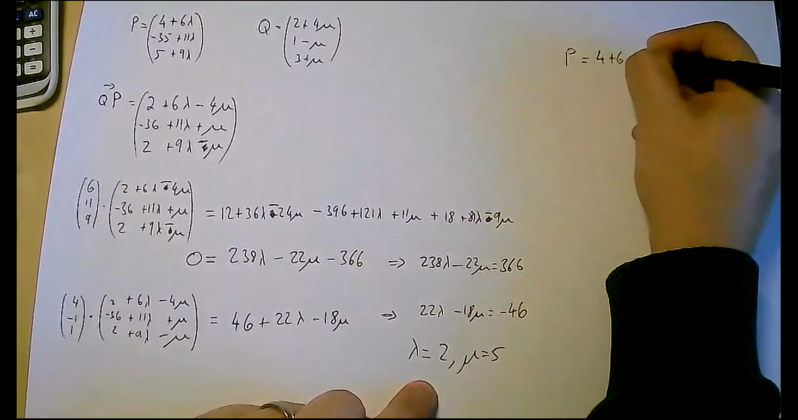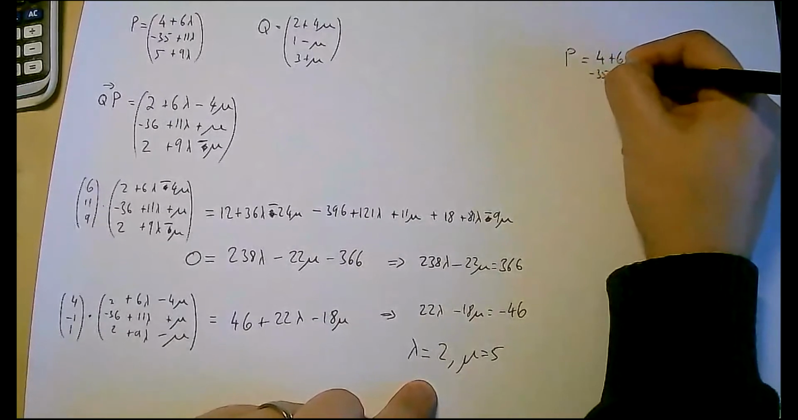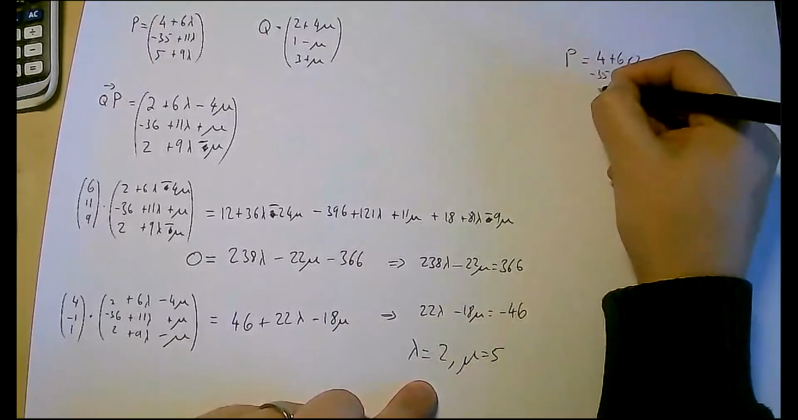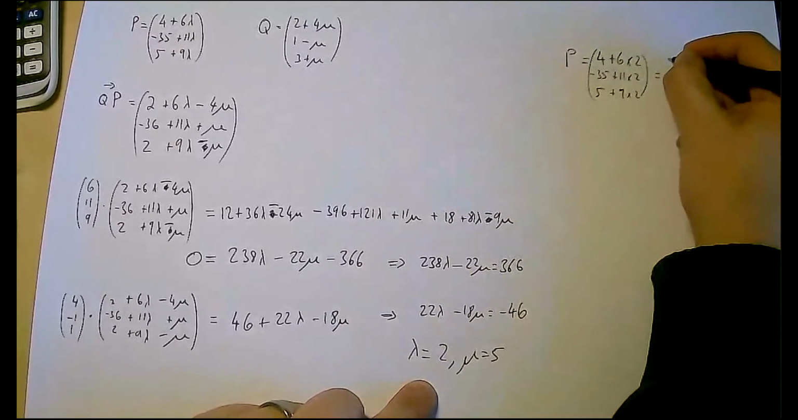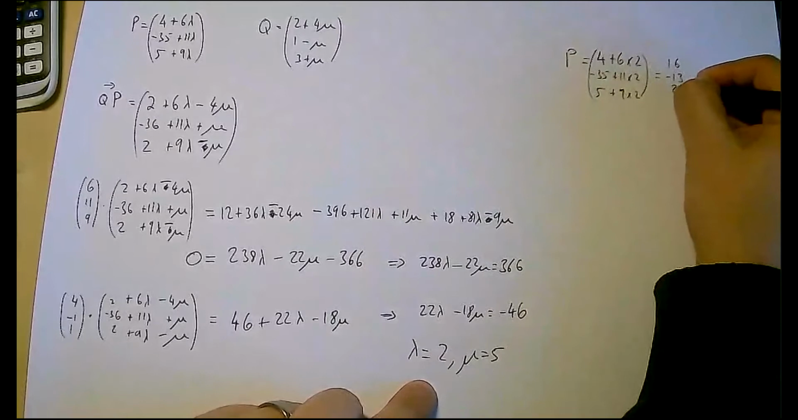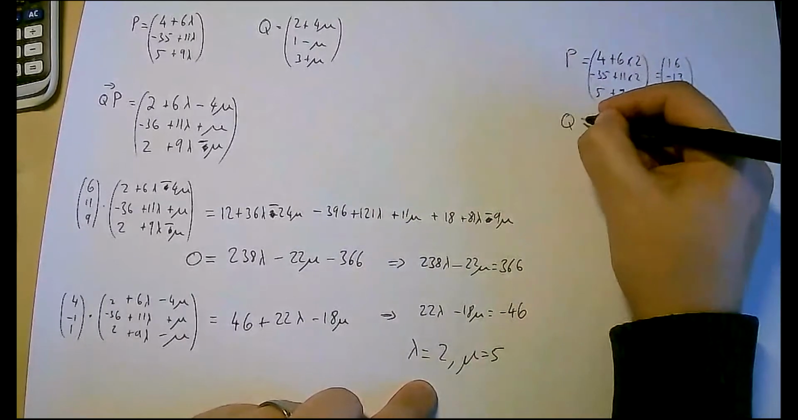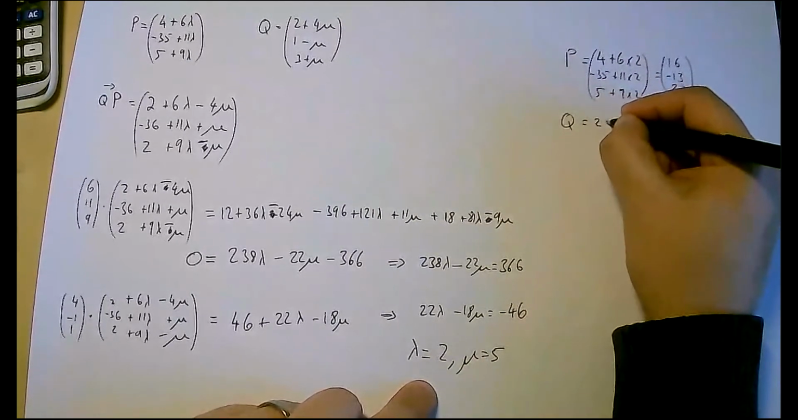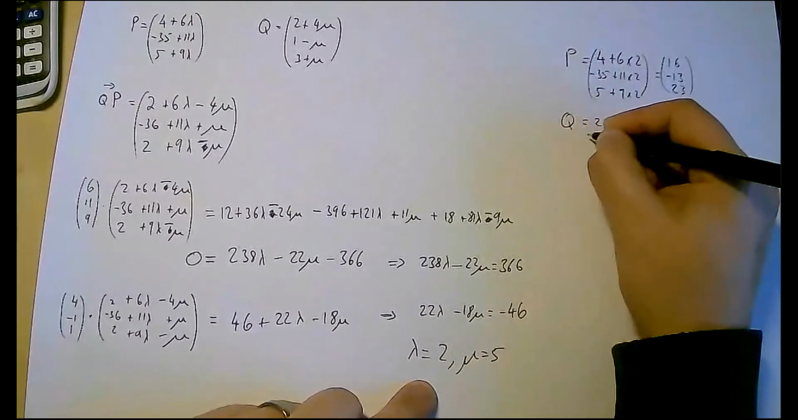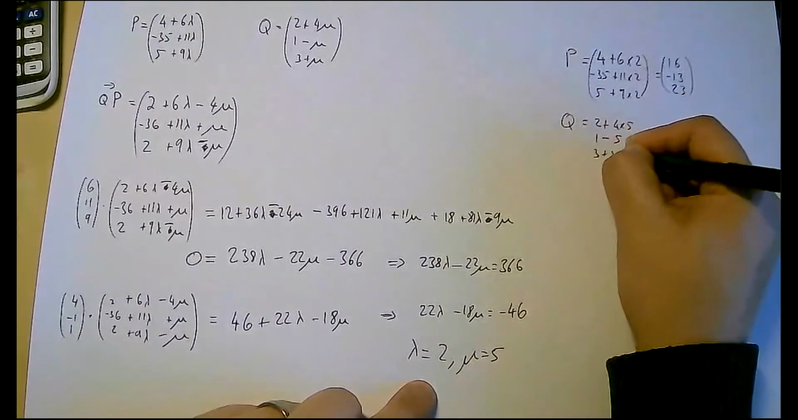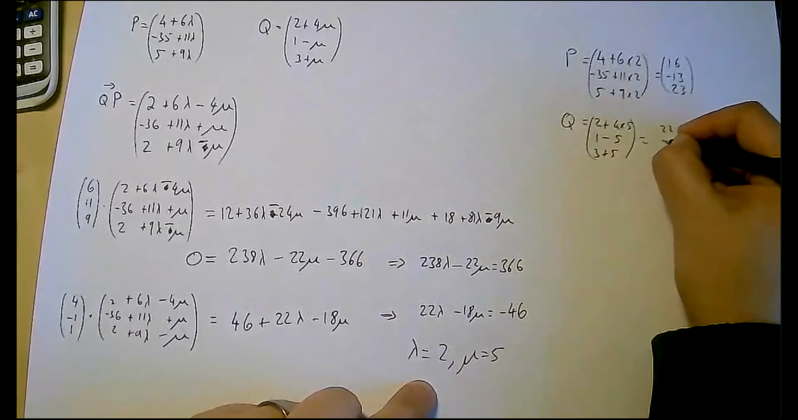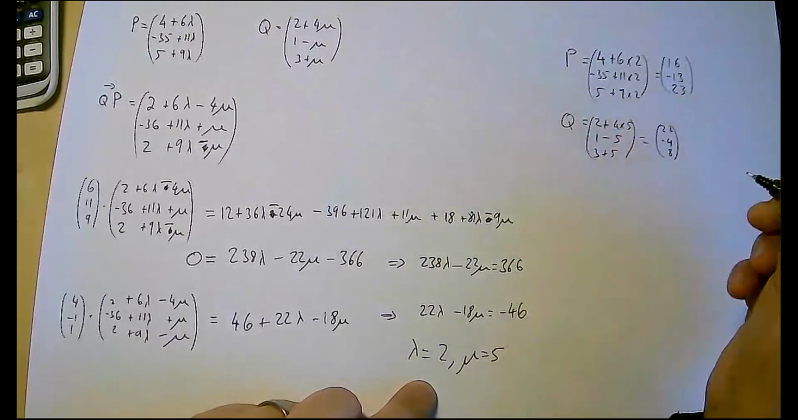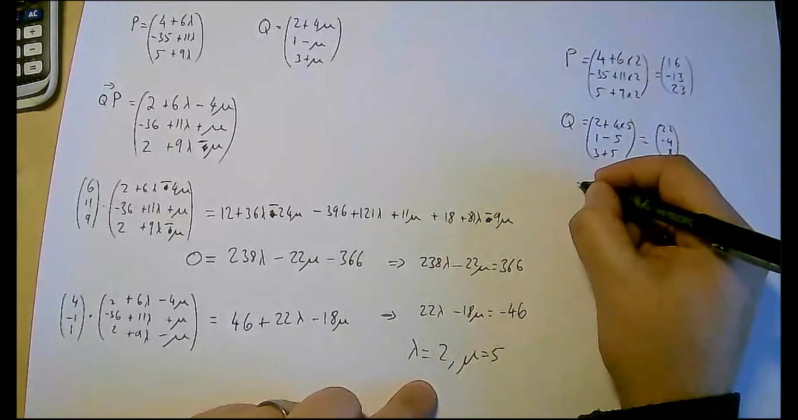4 plus 6 lots of 2, negative 35 plus 11 lots of 2, 5 plus 9 lots of 2, which is 16, negative 13, 23. We get that Q is 2 plus 4 lots of 5, 1 take 5, 3 plus 5, which is 22, negative 4, 8. And we get that